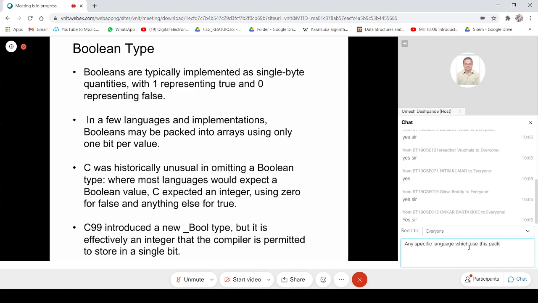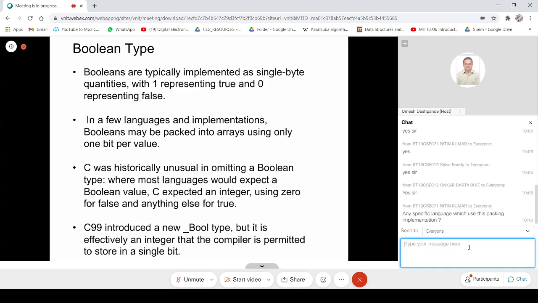So C, Dennis Ritchie decided not to have the Boolean variable at all. So it's as per the language design. C took an integer and said that anything that is zero in the integer is false and everything else is true.